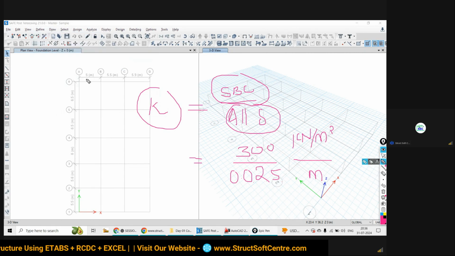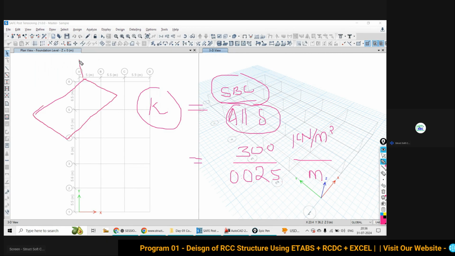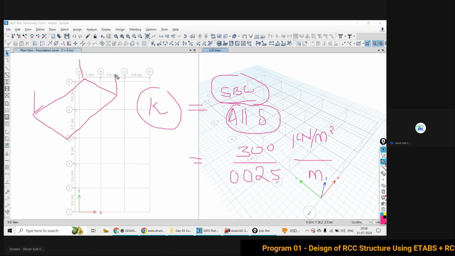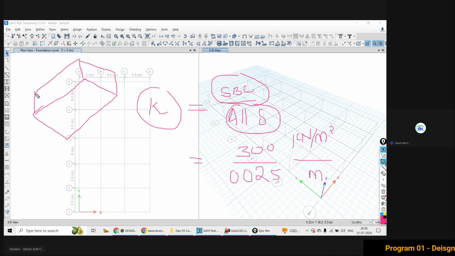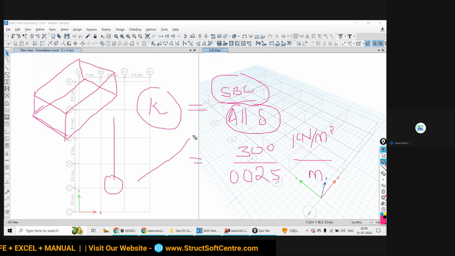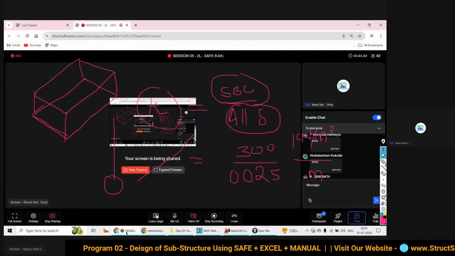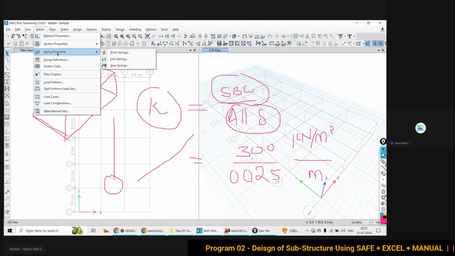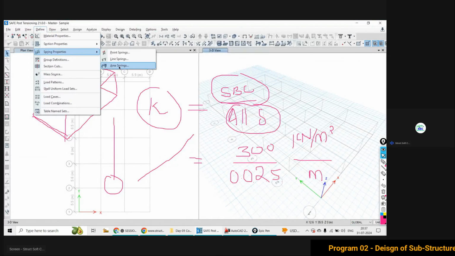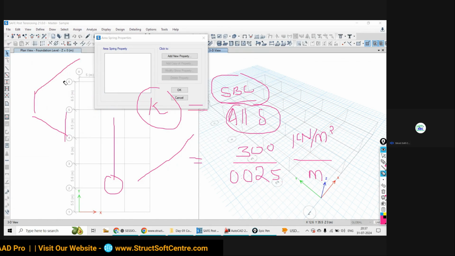So it depends on your foundation element, means your foundation slab, that is the contact surface with your soil. आपकी contact surface soil से कैसी है? It is by area contact surface, by points contact surface, or by line contact surface. Tell me, what is that? What is here? Area. That's why we need to define the, very good, you all are getting the concept, एरिया स्प्रिंग प्रॉपर्टी. सो यहाँ पर हम लोग डिफाइन करेंगे एरिया स्प्रिंग प्रॉपर्टी. सो वंस यू क्लिक ओवर दिस एरिया स्प्रिंग प्रॉपर्टी, okay, let me clear this all.